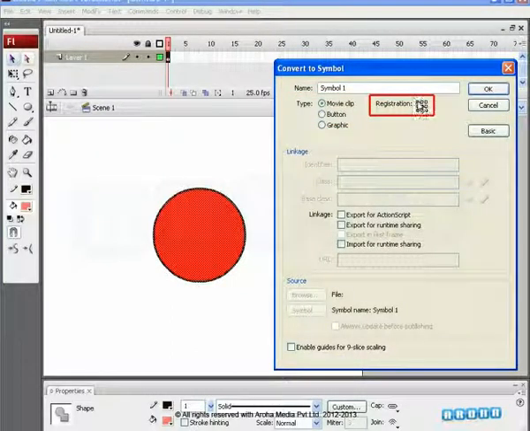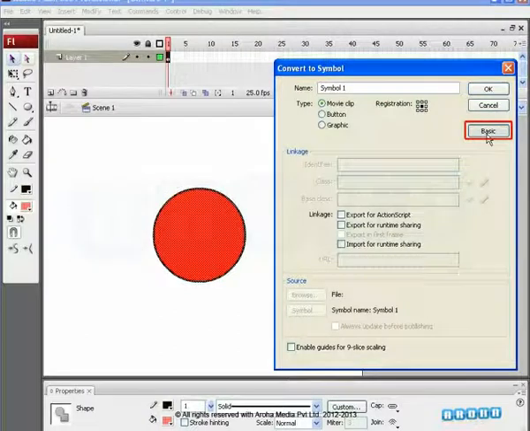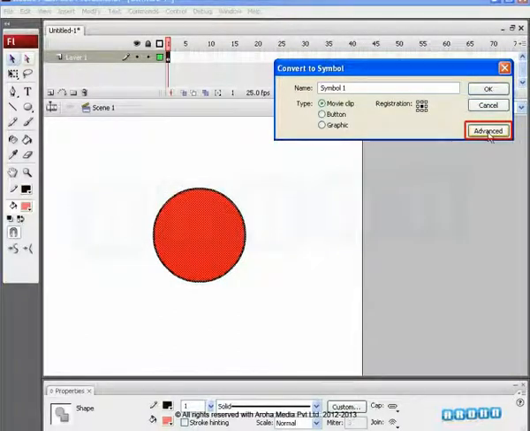You can specify whether you want the registration point or pivot point at the top or bottom, at the left or right, in the extreme corners, or in the center. This point defines the axis of rotation for the symbol. You can change the registration point anytime. However, it might seriously affect your animation. For all practical purposes, it is safest to keep this point in the center. Since we are concentrating on the basics right now, we'll skip the advanced options. We'll learn about them in another tutorial.